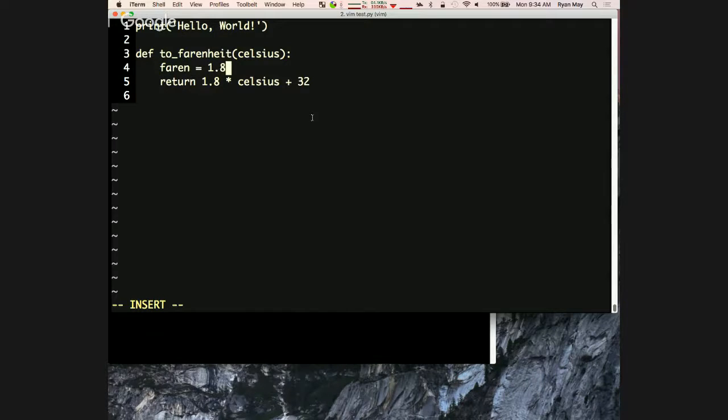Fahrenheit equals 1.8 times Celsius plus 32. So we could write it like this. So the important part is all the lines that are indented are within this function. If I was to unindent that line instead, then the function would only contain this one line. It wouldn't have this return statement.